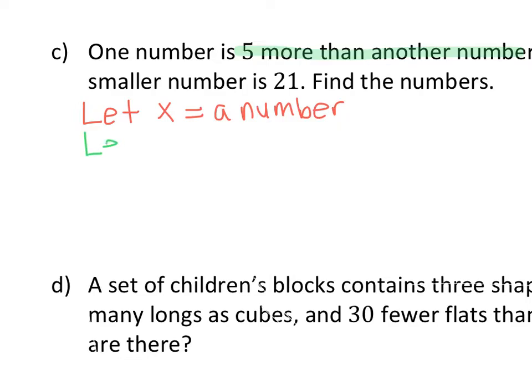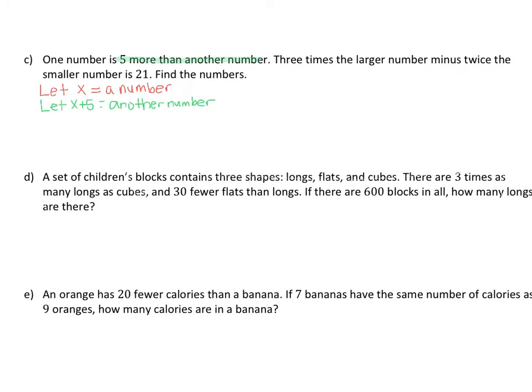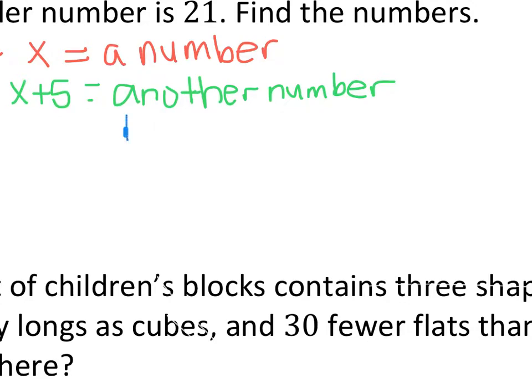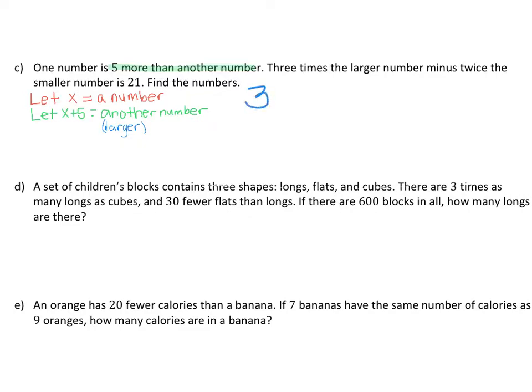So let x plus 5 equal the other number. 3 times the larger, which remember this one's the larger. 3 times the larger, which is x plus 5, minus twice the smaller, remember the smaller is x, so 2x,